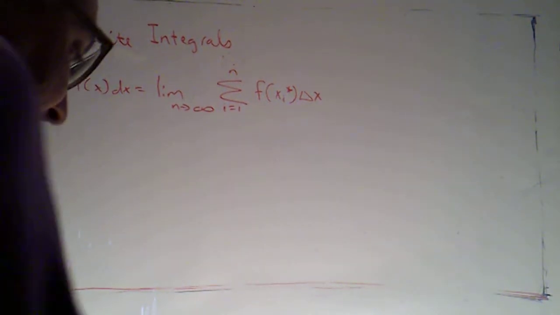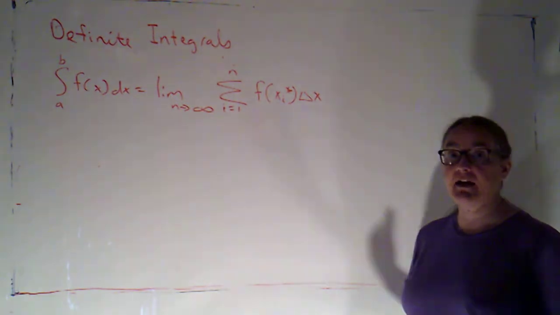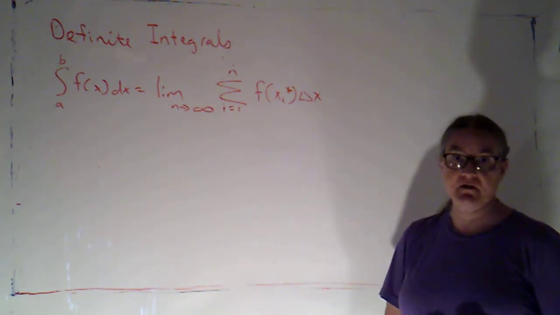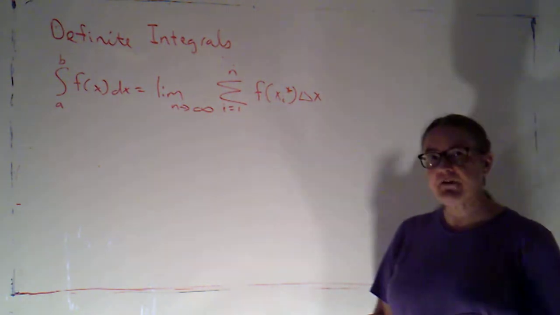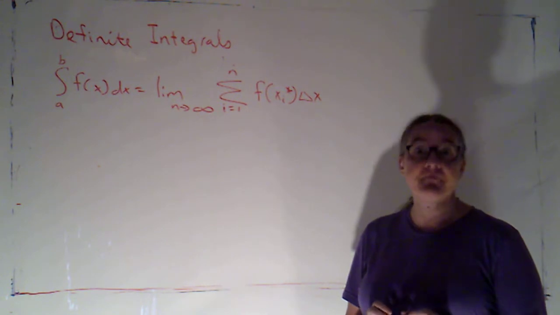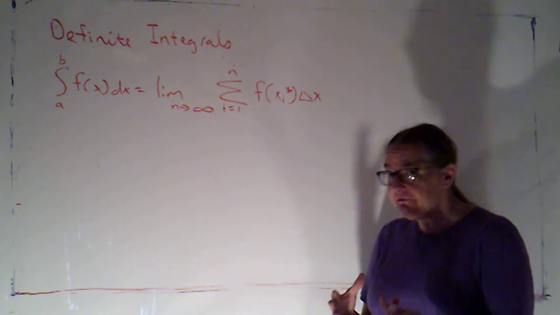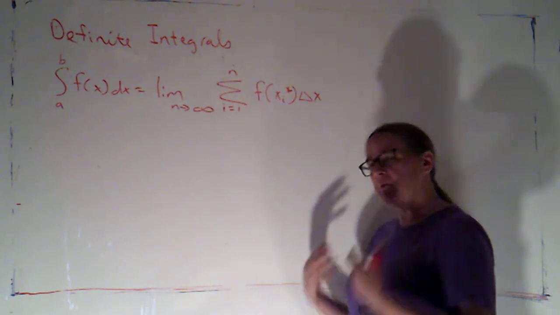I want to look now at definite integrals. I'm going to start by reviewing how they're defined for real valued functions. Then, just like we did with the definition of the derivative, we'll see if it makes sense just algebraically to modify it for vector functions. And if it does, so that it's actually something that could be computed, then we'll take a look at